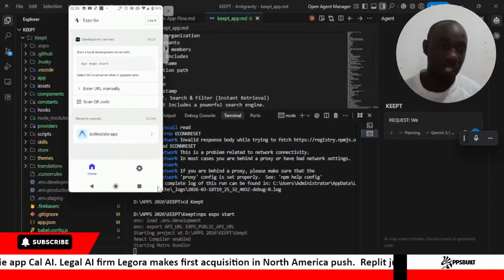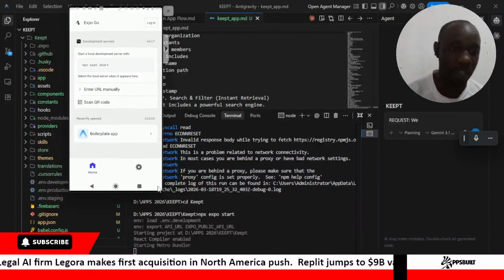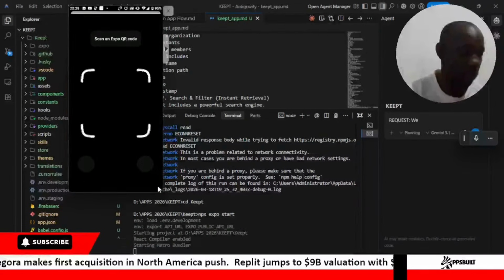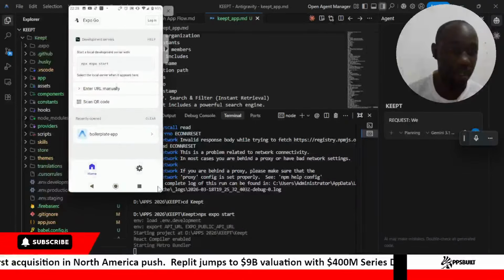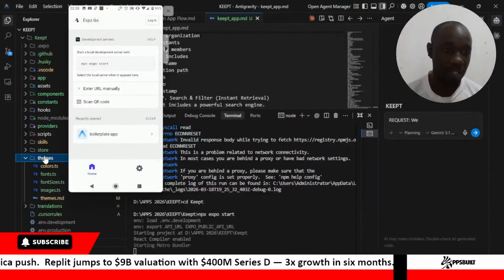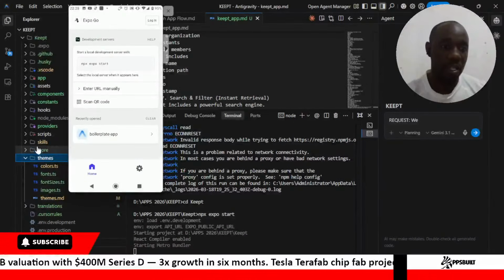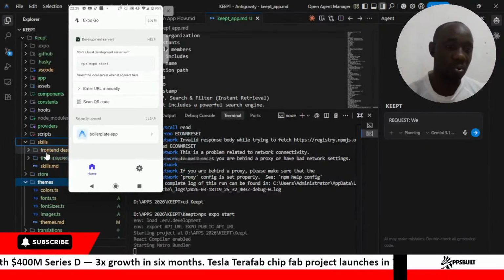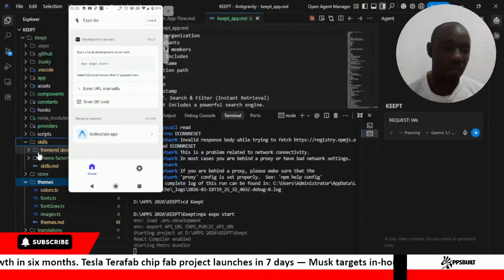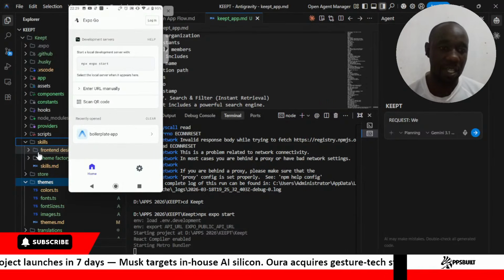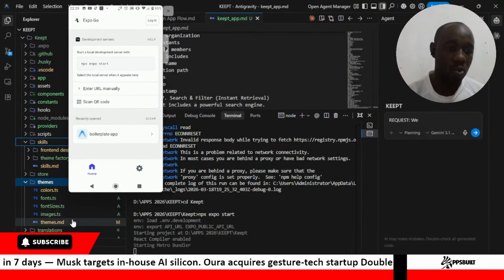Our boilerplate includes different kinds of themes, and with themes we've set up colors that we can use. We've also set up fonts, font sizes, and images. We've also set up different kinds of skills, and these skills are going to allow us to have a perfect way to design whatever we want in terms of getting reference to a theme factory and front-end design that we would love to have.